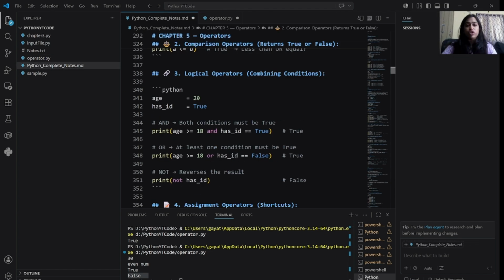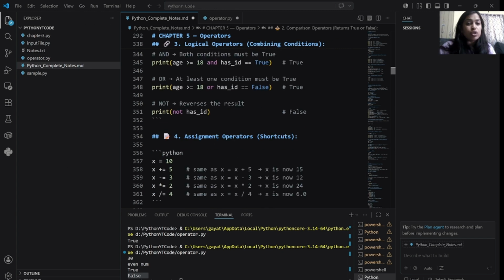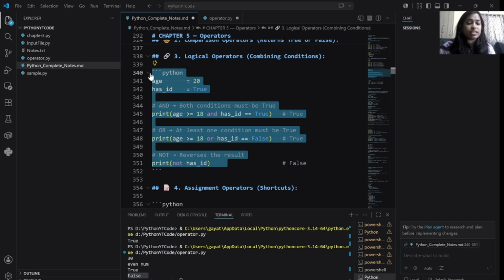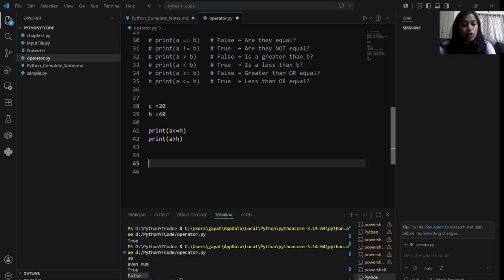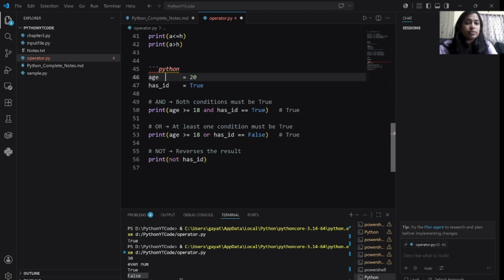Now next is our logical operator. In maths you already learned what is and, or, not, right? Basically, logical operators combine conditions. If you use the AND operator, it means that you are verifying two conditions, like A and B equal to C, or not equal to, or either condition is going to be satisfied. I already have some examples here to make it clear what logical operators actually are. So let's understand this.